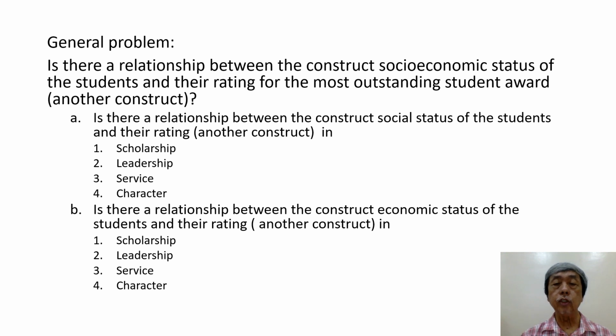Is there a relationship between the construct social status of the students and their rating in scholarship, leadership, service, and character? And is there a relationship between the construct economic status of the students and their rating in scholarship, leadership,